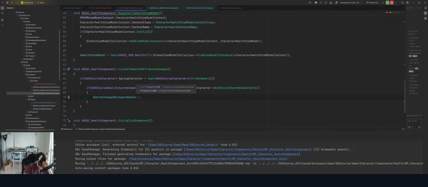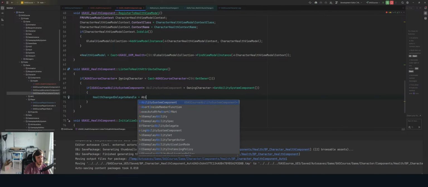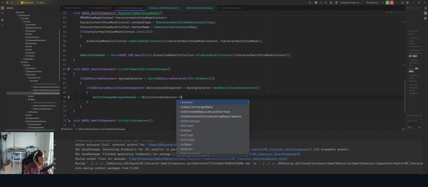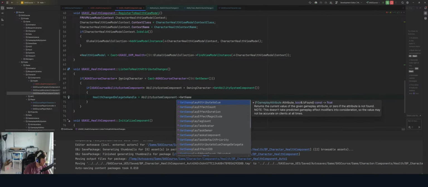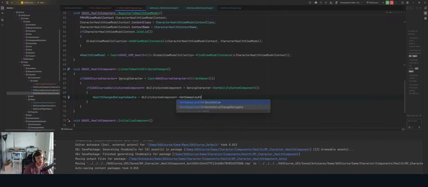So it's like that. And then we'll say ability system component, get gameplay attribute value change delegate, and then